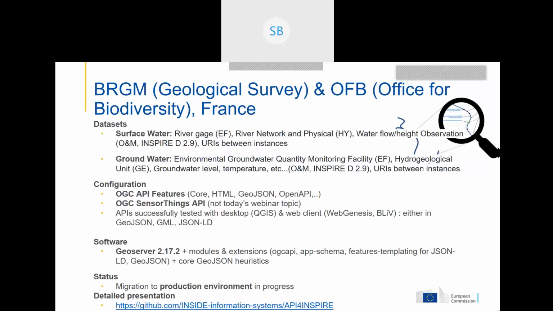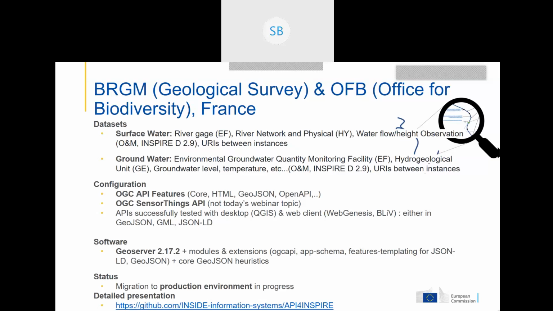Also web clients; Genesis is the one developed for SensorThings API, I believe, in the bi-ordinary viewers following data. So far, what we're using for that specific OGC API Features topic is the GeoServer. We try as much as possible to contribute to the evolution of the tool. So we will run version 2.17.2 with PostGIS and a bunch of modules and extensions.